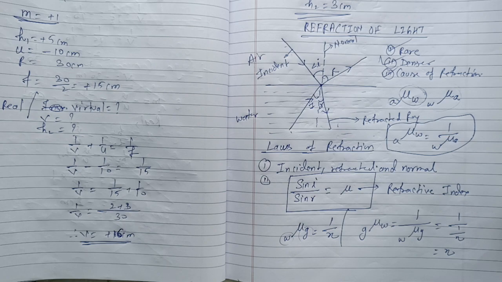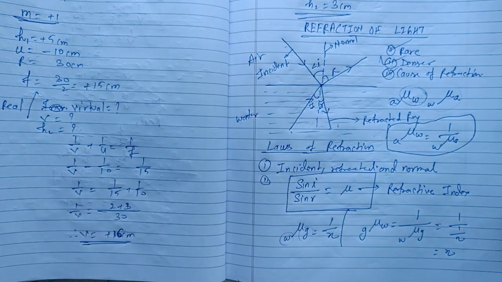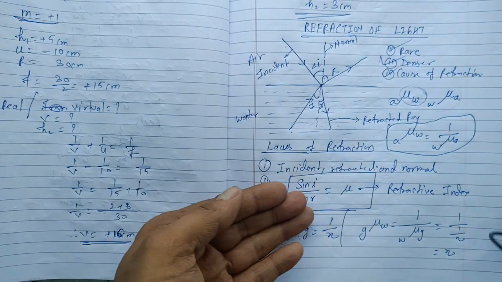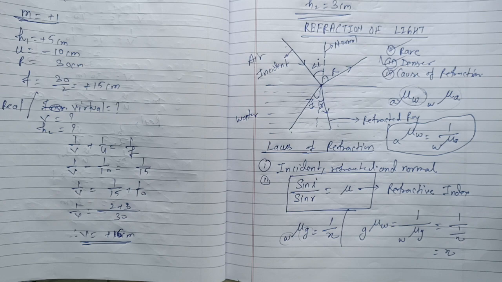Okay? But the refractive index is of two kinds. Here, whatever we are finding is the relative refractive index, because we are finding the refractive index in comparison of one medium with another medium. One more refractive index is there, which is the absolute refractive index. And what is that absolute refractive index? We can find the absolute refractive index of any medium when the first medium, or any one medium, is vacuum.